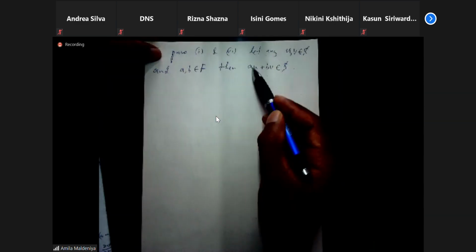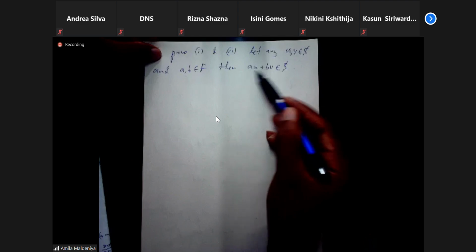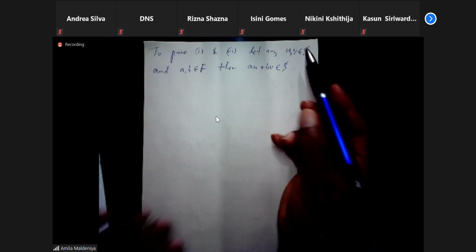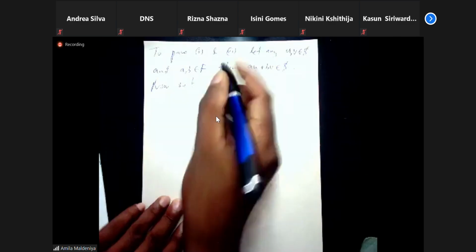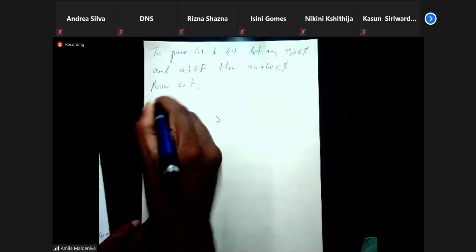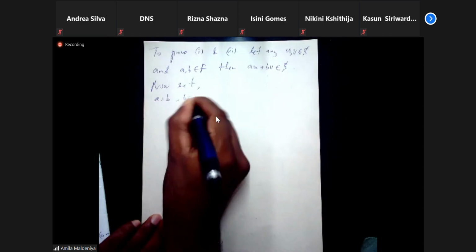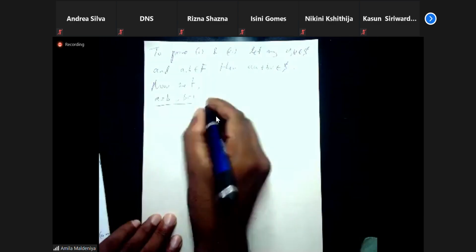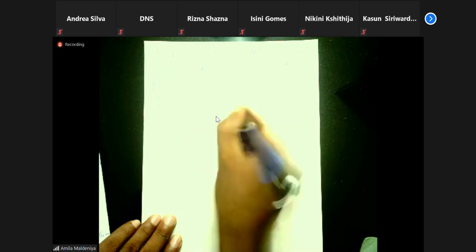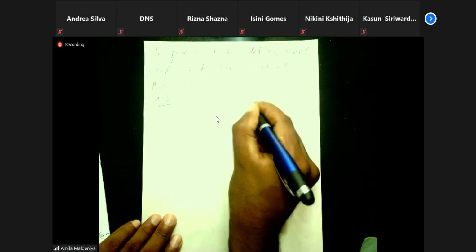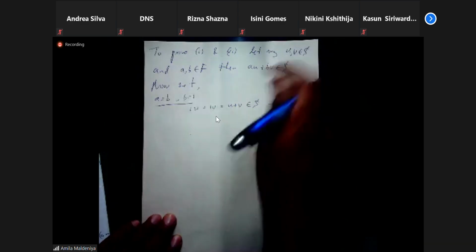So let's set suitable values for the scalars A and B, and for U and V. Now set A equal 1 and B equal 1. That gives 1 times U plus 1 times V, which is U plus V in S. Let me call that 1.